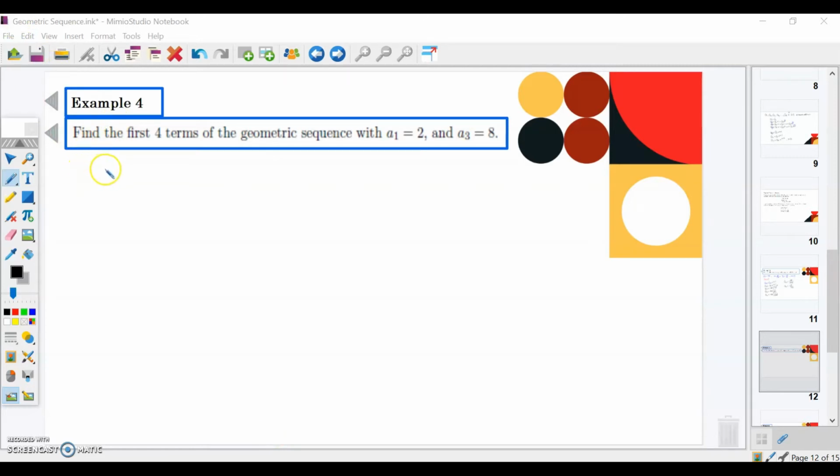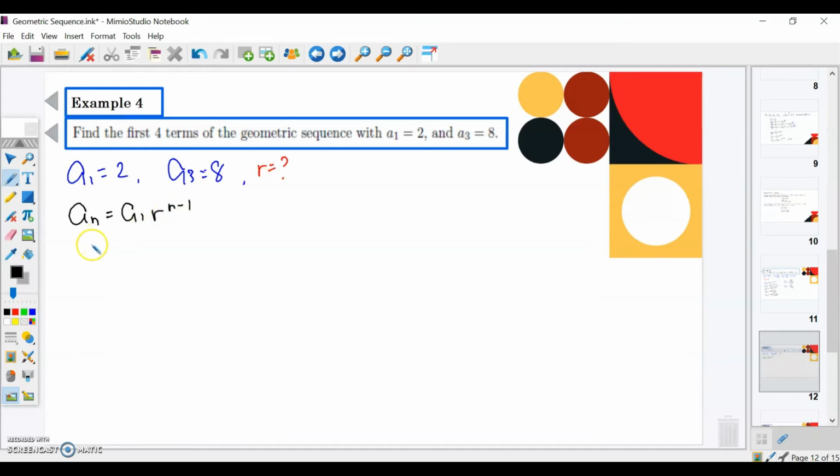Find the first 4 terms of the geometric sequence with the first term, or a sub 1, which is equal to 2, and a sub 3, which is equal to 8. Now, take note, we are given a sub 1, which is equal to 2, and a sub 3, which is equal to 8. In order for us to get the 4 terms of this geometric sequence, we must know the common ratio of the geometric sequence. So how are we going to find the common ratio of this geometric sequence? We're going to use the formula a sub n equals a sub 1 times r raised to n minus 1